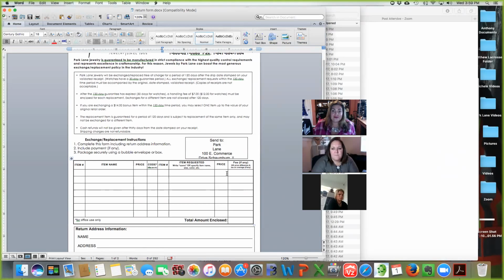So now we get up to the part of what if they don't have the receipt? What if you didn't sell it to them? Or even if you did sell it to them, once an item is no longer available, paper receipts are needed. And this is why customers really should be encouraged to hold on to their paper receipt. Because if somebody who I sold a blurred lines bracelet to last year wants to exchange it and doesn't have her receipt, that's fine because it's still available. I can do it on a plain form, or I can do it on